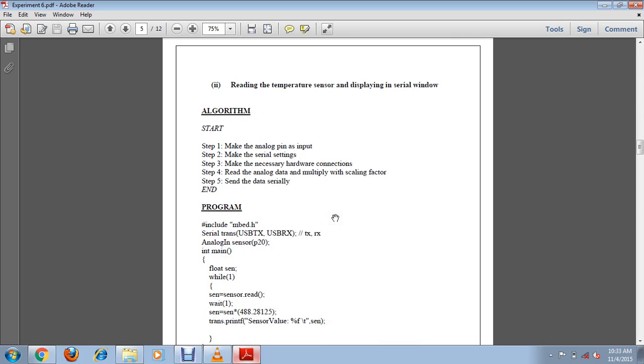And in the next experiment, I am going to explain how to interface analog sensors. Here I am using a temperature sensor. So how to interface this temperature sensor in the mbed board? If we are using a temperature sensor, there should be something like a serial monitor, or even an interfaced LCD, for viewing the sensor values. So here I am using the serial monitor window